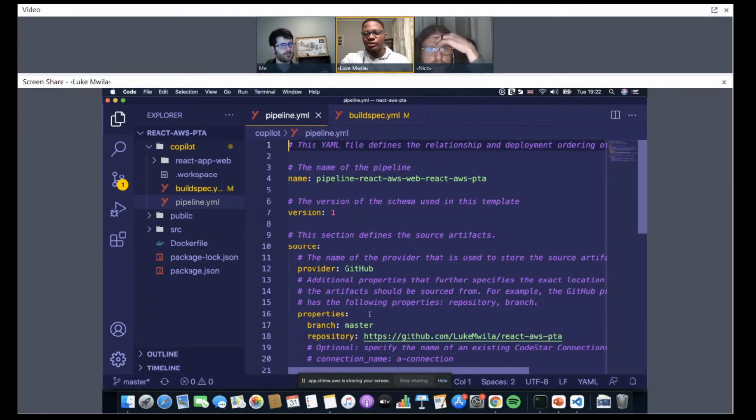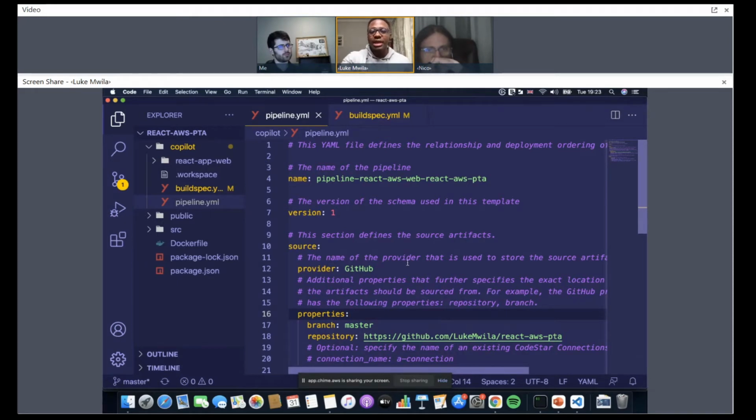So just a gotcha that can happen over here: be mindful of the branch name that you have as the source for your pipeline. The default is main. On my local machine, though, Git still typically initializes it with master, and so I just needed to update this over here. In your case, if your main branch is actually called main, then you won't need to update this pipeline.yaml file at all. And once you update this, in case you're wondering how that translates to the infrastructure,